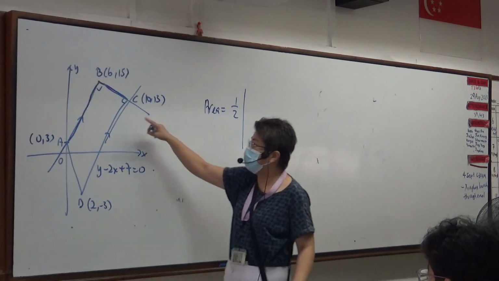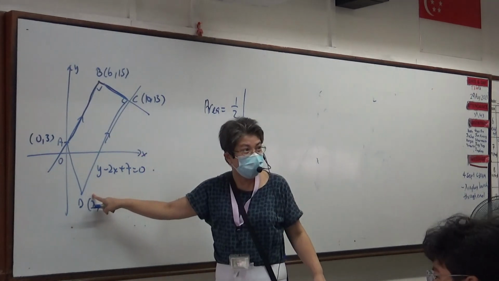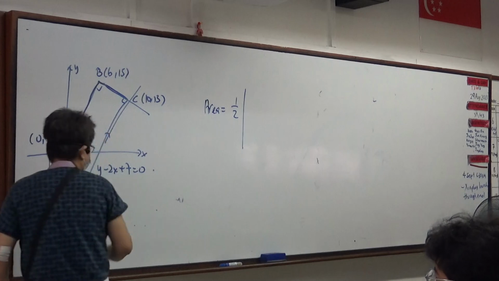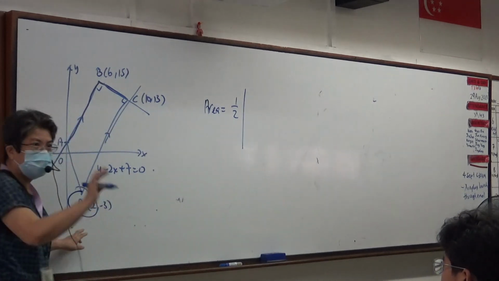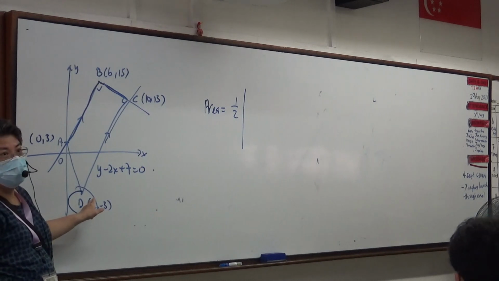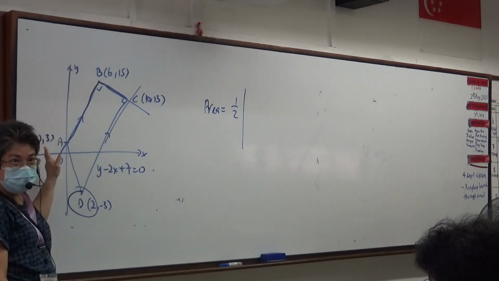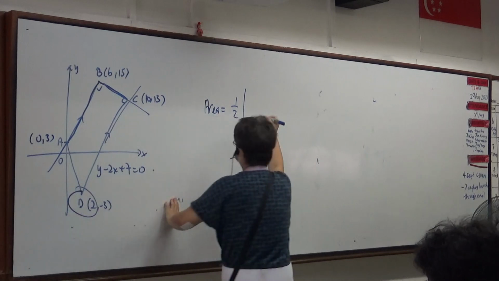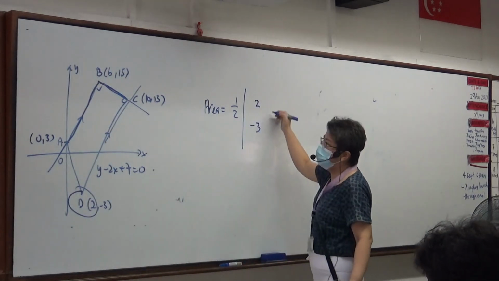Okay? You want to start with D? Yeah, D. Look at the top of it. Anti-clockwise means D must go to what? Like that, correct? So I write 2, -3,